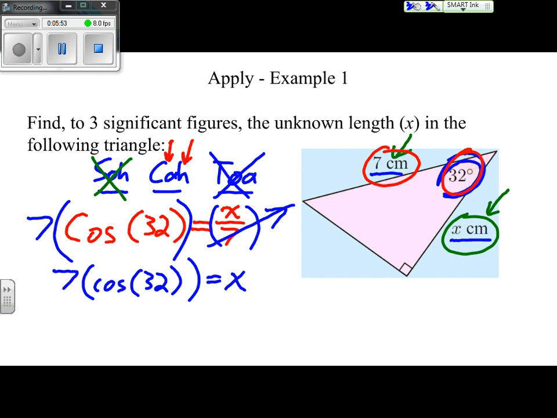So that's my answer. It's just that it doesn't really look like a length, a certain number of centimeters like x is. So now is the time that we reach for our calculator. So I'm, again, going to make sure that my calculator is in degree mode. And then I'm just going to type 7, parenthesis, cosine. It'll automatically open another parenthesis. I can put in the 32. And then ideally, I should close both of my parentheses, though the calculator probably will let it go even if you don't. And we get a final answer of x is approximately